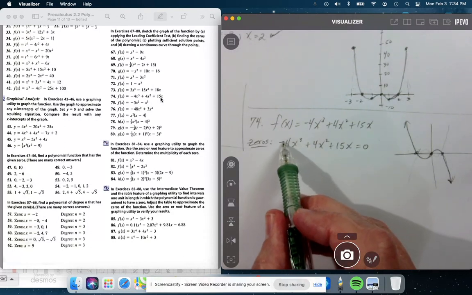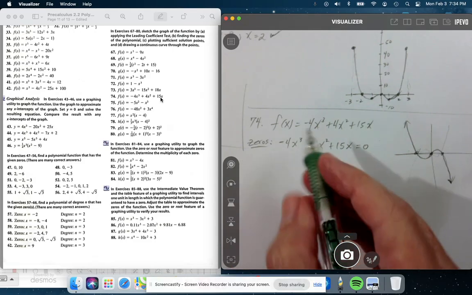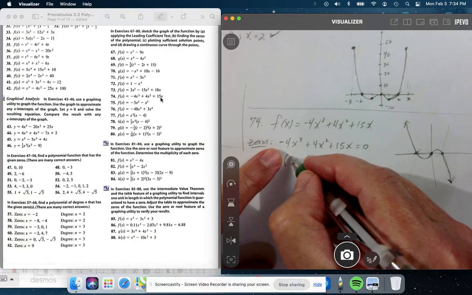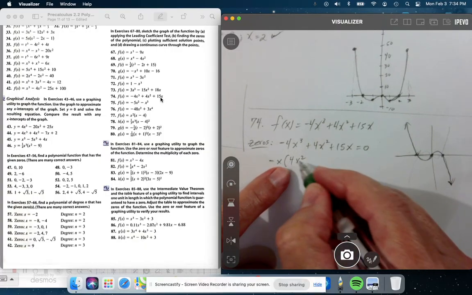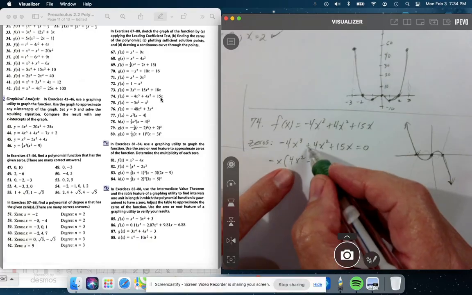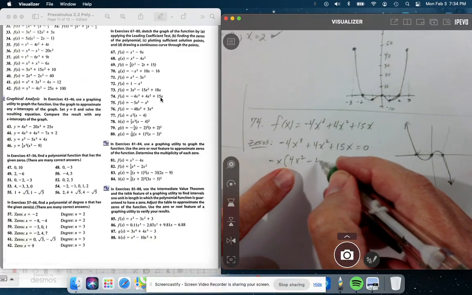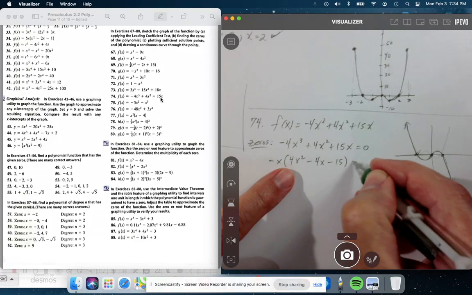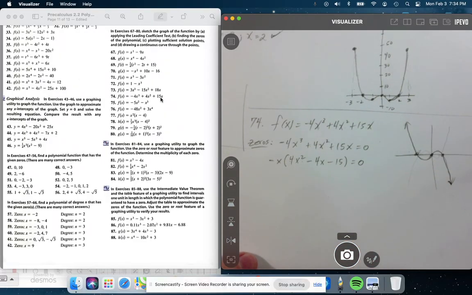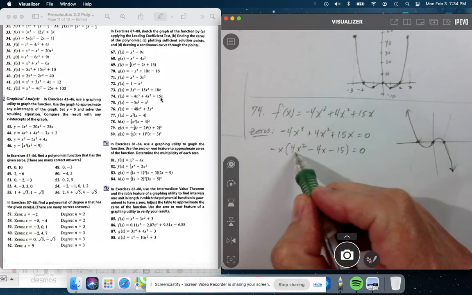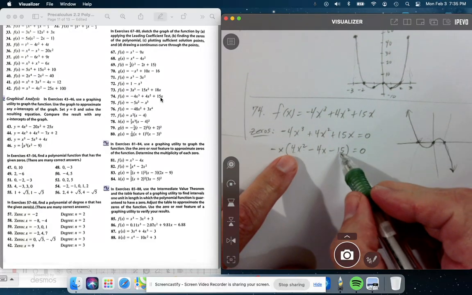And I really don't like that negative in front, so I'm going to take it out with the x. So I'm going to factor out a negative x. So that's going to leave me with positive 4x squared, minus, right, because I took out a negative, so that's going to be minus 4x minus 15 equals 0. All right, and this might factor. I have no idea, but